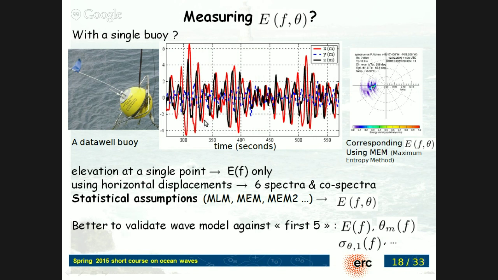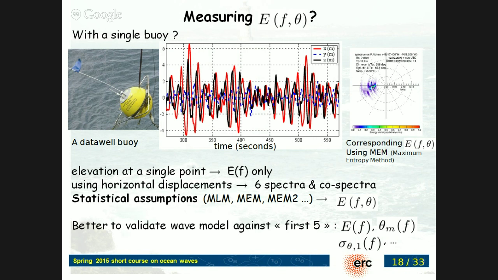And you can also see the phase relationship between the horizontal displacement and the vertical displacement. And you can also tell that the buoy is in fairly shallow water, not too shallow, because the horizontal displacement has a larger amplitude than the vertical displacement. So the motion of the buoy is like an elliptical particle motion, not really circular. But the only thing you have is 3 time series. And from 3 time series, you can only compute 3 spectra and 3 co-spectra, which gives you a total of 6 pieces of information at each frequency. That's all there is, no more.